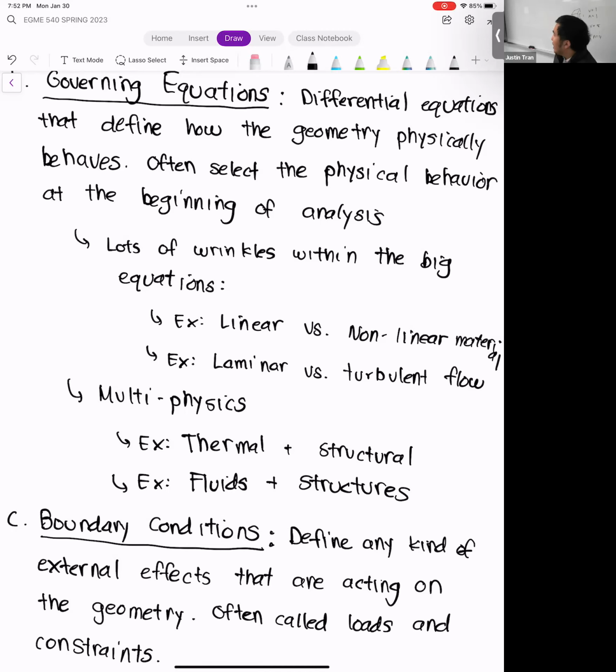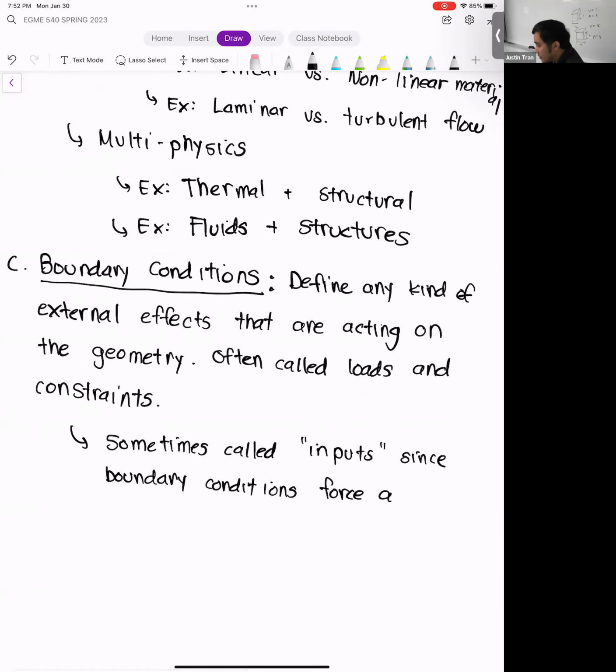But it would be a lot easier to solve. And so I wouldn't say that's necessarily wrong, but you would have to justify that assumption. Maybe you're examining the brake pad of a wheelchair or something. For that instance, you probably wouldn't expect that much thermal energy to come from a wheelchair that's braking. And so you could probably analyze that with just a structural equation. So there are assumptions in terms of how much physics, or how complicated the physics are, that you can put into your FEA. And for the boundary conditions too, I think there's a lot of assumptions as well,